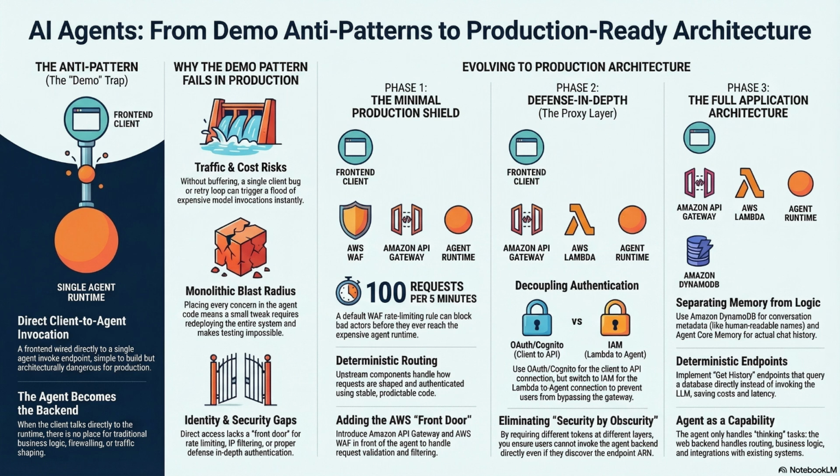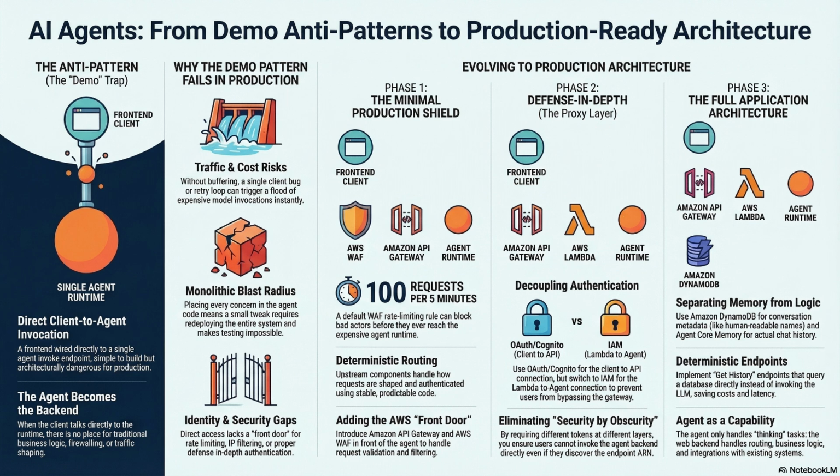And that pothole is the direct client-to-agent architecture. Right, the anti-pattern. Exactly. It's what you see in almost every LangGraph or Amazon Bedrock tutorial out there. You basically wire a front-end UI directly to an agent runtime through a single invoke endpoint. Which, I mean, that works beautifully for a Hello World demo, right? Like if you just want to ask your agent for the weather in Miami or what time it is. Sure. For one user under perfect conditions, it's flawless, but in production,